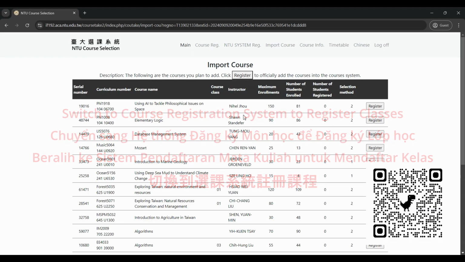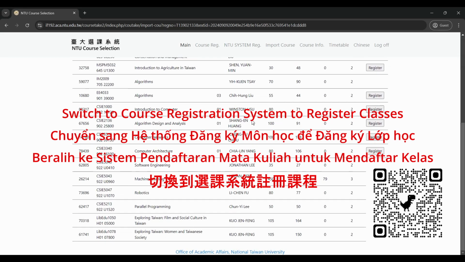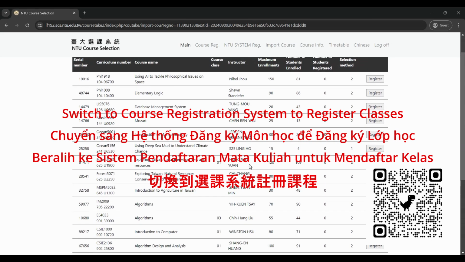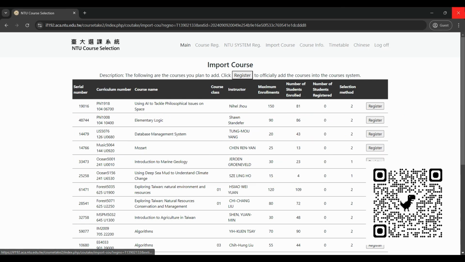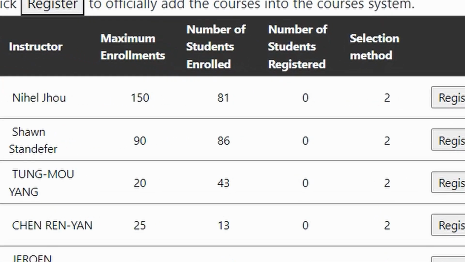After you go to the course selection system, you will register for the courses and rank them according to your preference. Here are some tips for ranking your classes. Add as many classes as you like as possible, because you're not guaranteed to get any of them. You can see how many people have signed up for this class to estimate your chances.